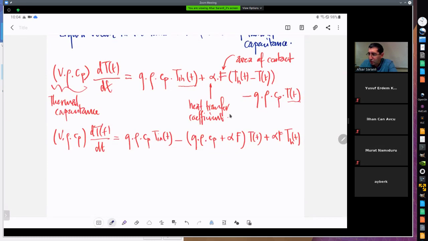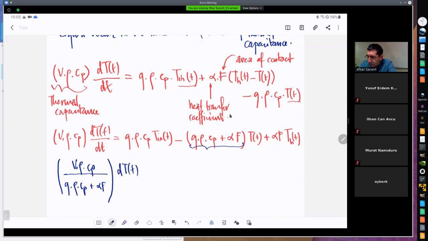So what I'm going to do is put all the T variables to the left, and I will leave all the input variables on the right, and I will also scale with this term. So I'm going to divide everything by this term. So that's going to be V rho Cp divided by Q rho Cp plus alpha F times dT/dt